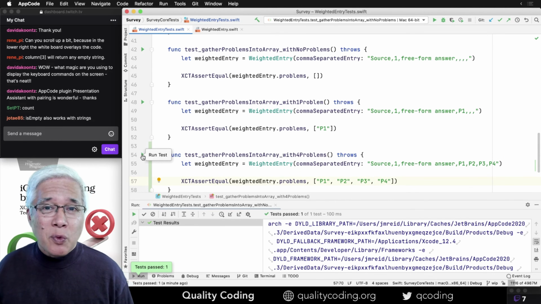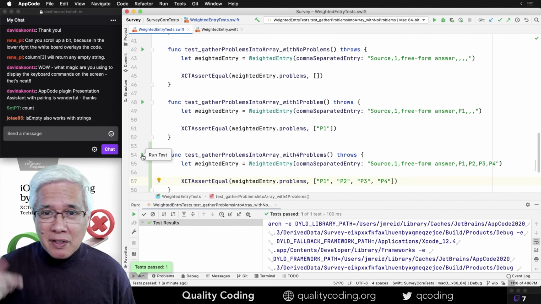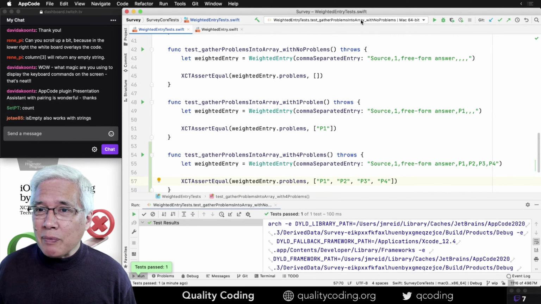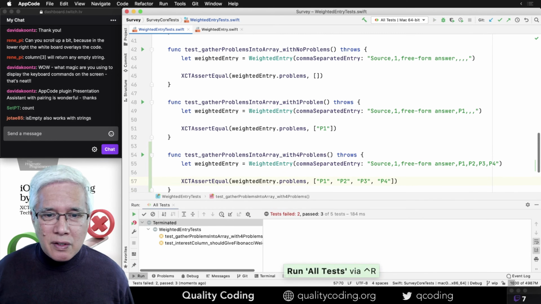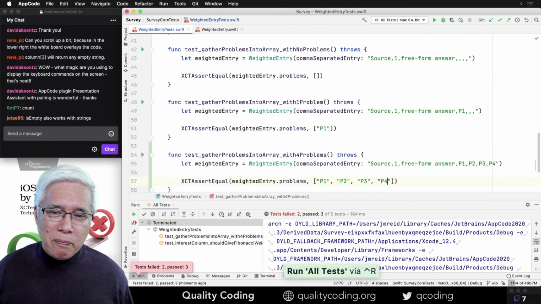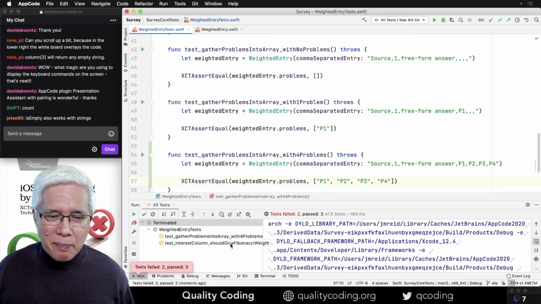Now, I was running one test in order to dig in using the debugger. But now that I'm done with that, I really want to run all tests. So now, oops. Now we got a problem. I may have failed in my previous attempt.